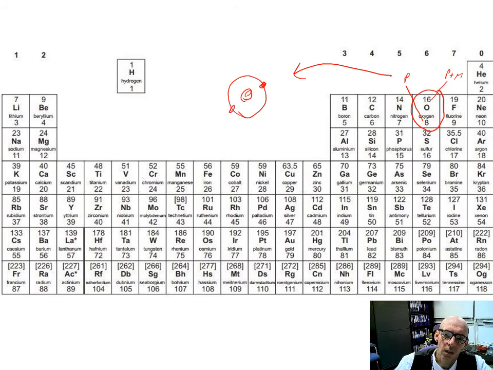maximum of 2 in the first shell, 1, 2, I had 8, so I've used 1, 2, 3, 4, 5, 6, 7, 8. There we go. Bing, it's correct. I have 8 in there. So,